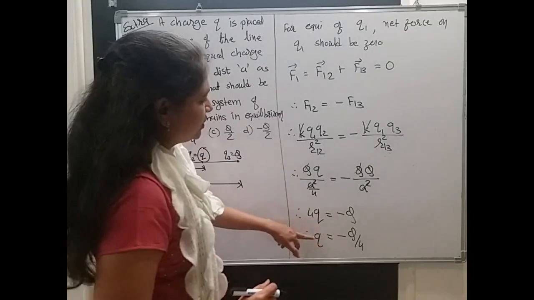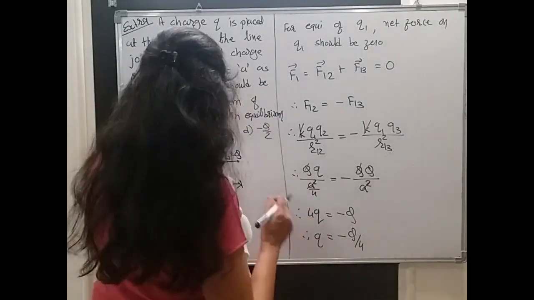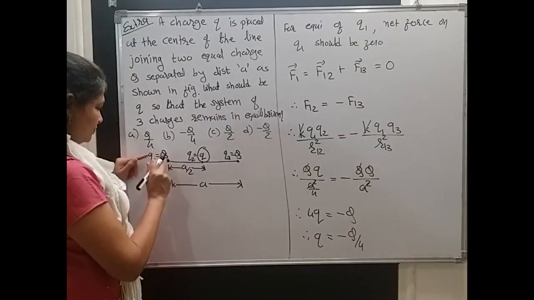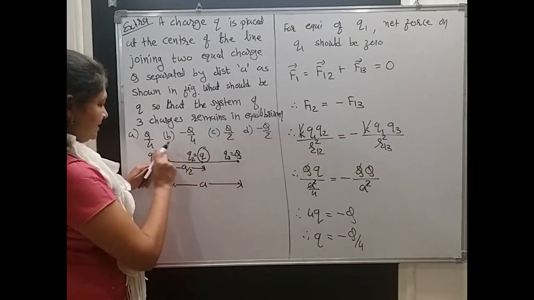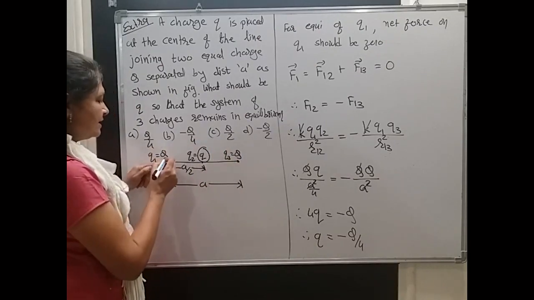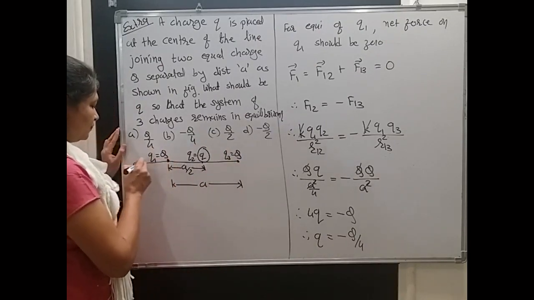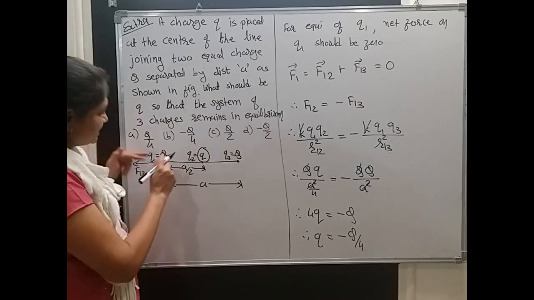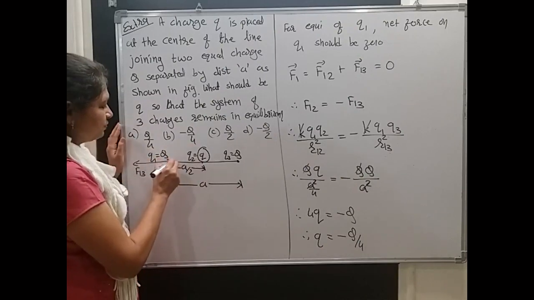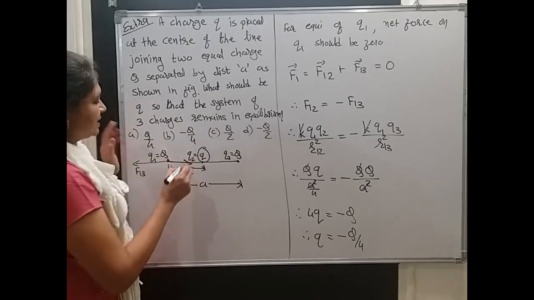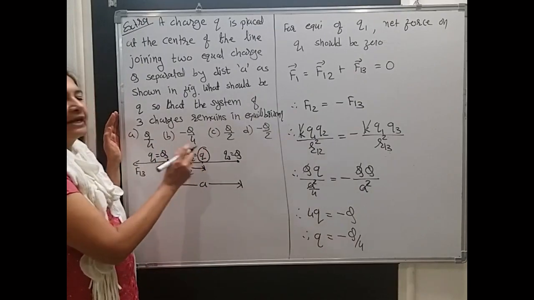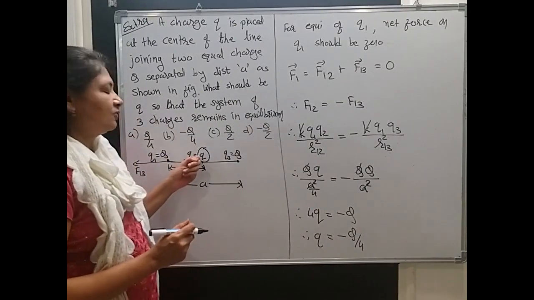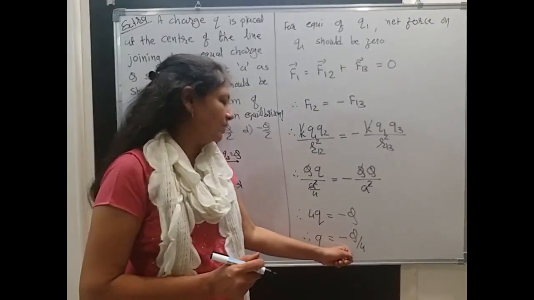Now for this sign you can think like this, one more way. See here two forces. Force on 1 by 3: these two are having same polarity, that means there will be repulsion. So force on 1 by 3 is towards left. It means that force on 1 by 2 must be towards this side. This can happen only when the middle charge is negative, because attraction will occur then. Then it is clear that polarity of this middle charge must be negative, and we are getting negative polarity.